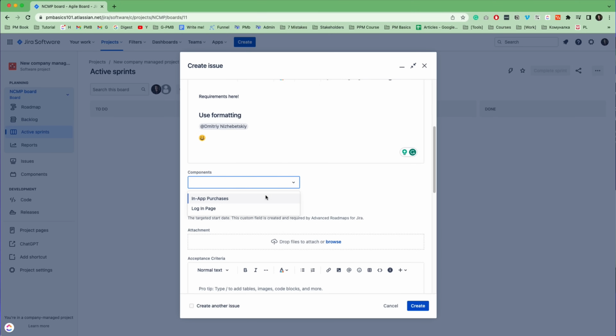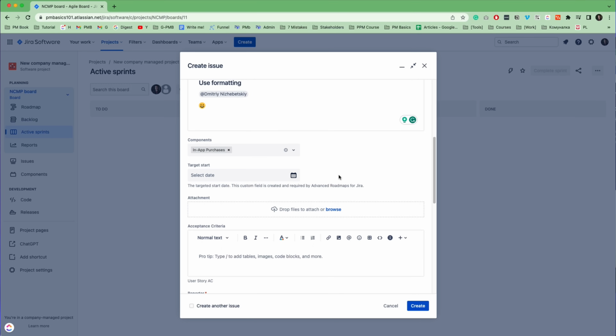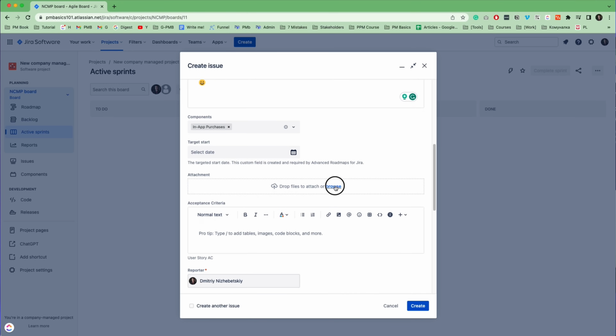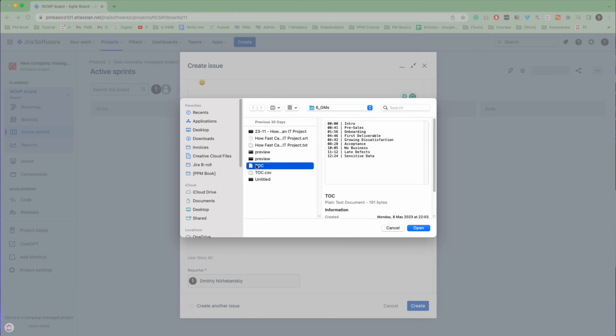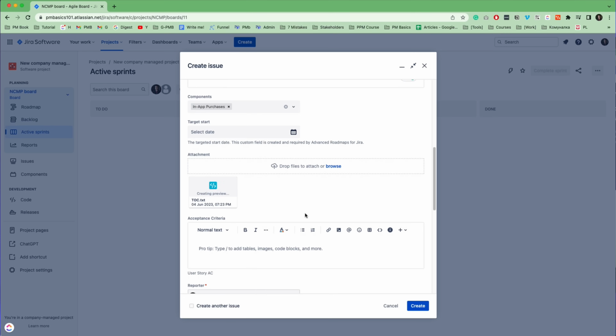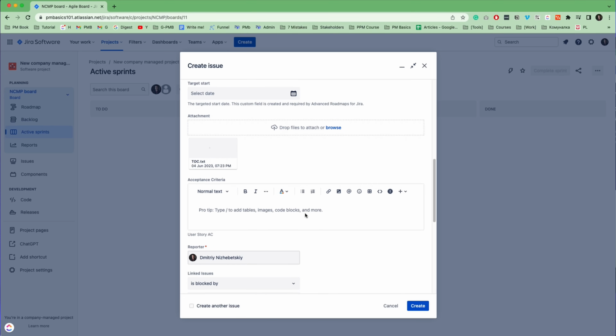Again, the components dropdown allows you to group issues by the module or functionality of your product. In this case, it will be the in-app purchase component. The attachments area allows you to add files to the issue. Usually you add wireframes or mockups of your product, some additional documentation, maybe a video explanation and so on.